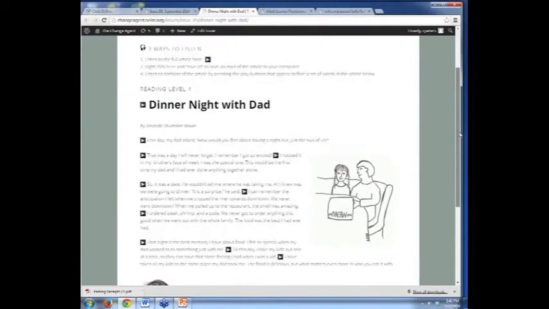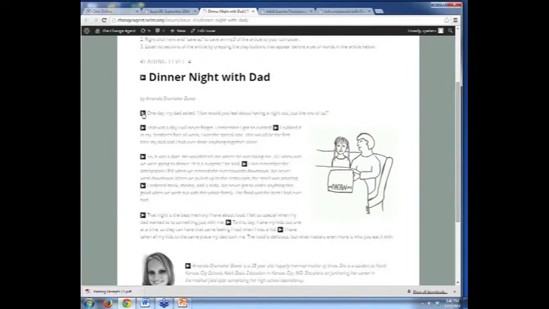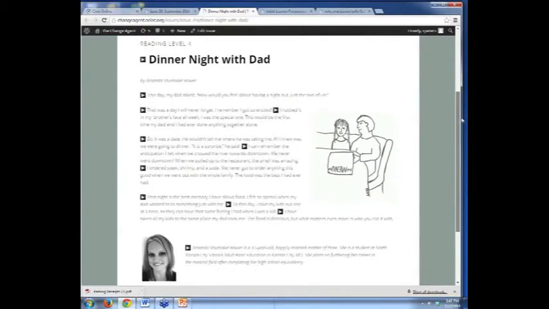So this is a way, if you have a computer lab and students have headphones, they can sit here and listen to the article being read out loud in small chunks, or they can listen to it read all the way through. So that is a way not just for teaching English, but actually for teaching all kinds of things. I mean, it teaches reading fluency and comprehension, and even grammar.